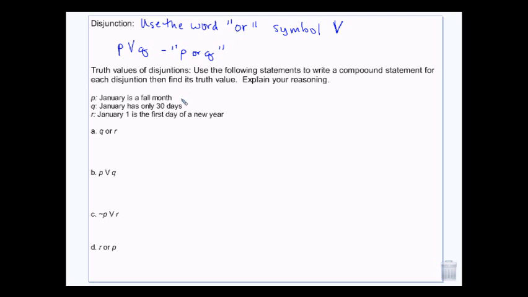January is a fall month. That's false, right? Because January is winter, so that's false. January has 30 days. False. January 1st is the first day of a new year. True. Okay. Q or R. This is true, false, or true. When you have or, you can have one false as long as the other one's true. False or true is still true. Okay, so with or,